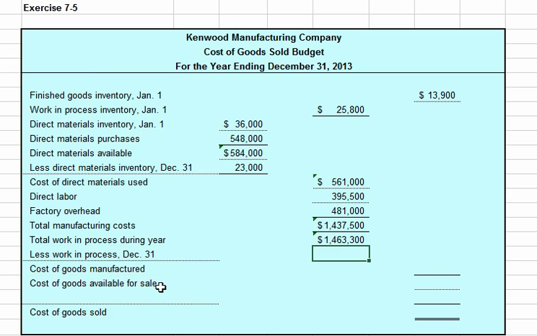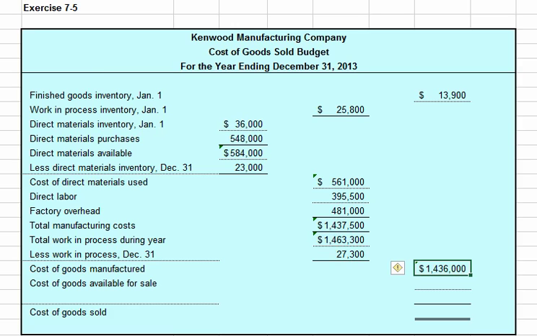They give us that estimate. 27,300. And that difference would be cost of goods manufactured. The total that we had in process during the year minus what's left in work in process at the end of the year gives us cost of goods manufactured,